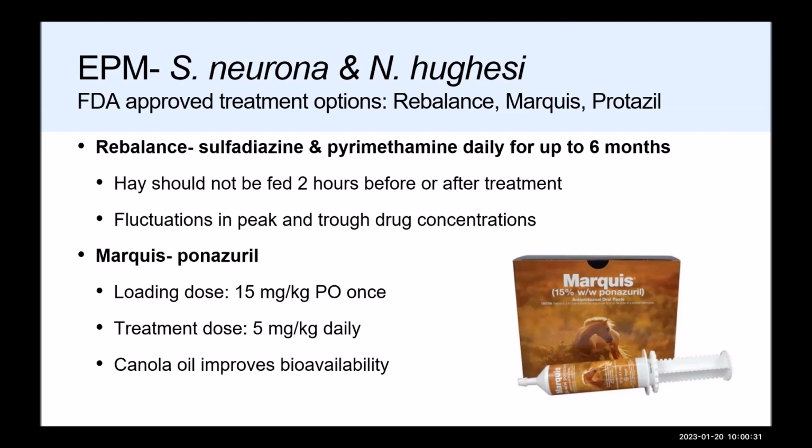Then we have Marquis. Marquis is our tried and true drug for the treatment of EPM. To reach a steady state faster and to stay above the minimum inhibitory concentration for sarcocystis, it's recommended that you give a loading dose of 15 mg per kg. So for your average horse, that's a 3,000-pound dose, and give that initially,